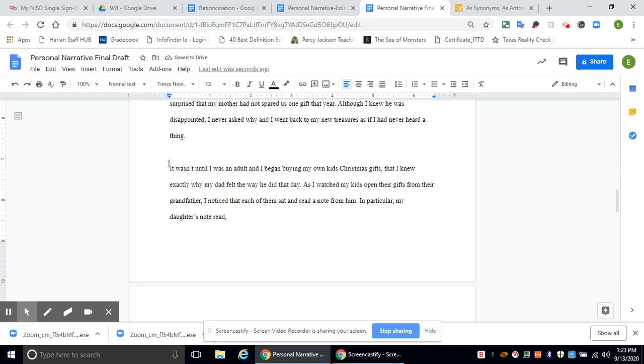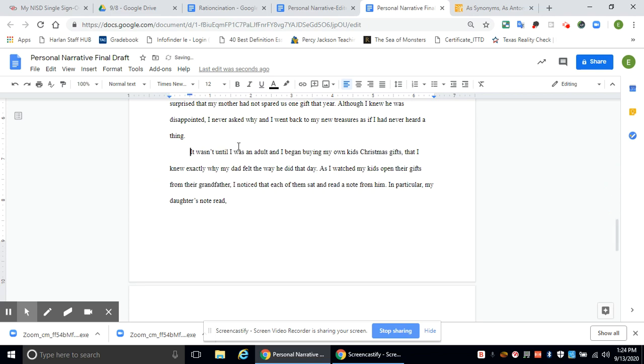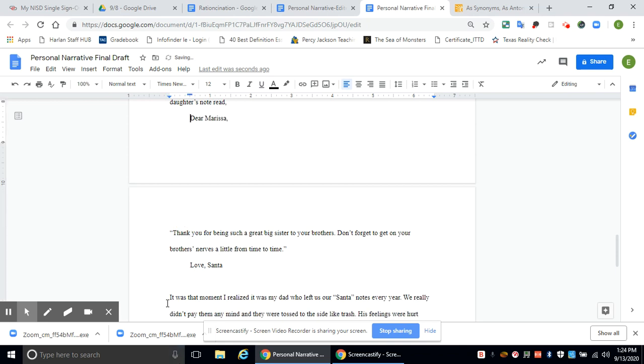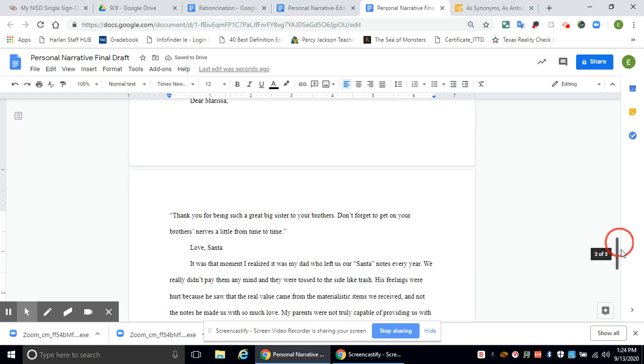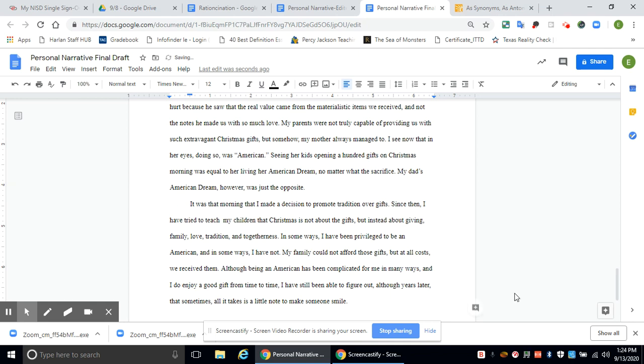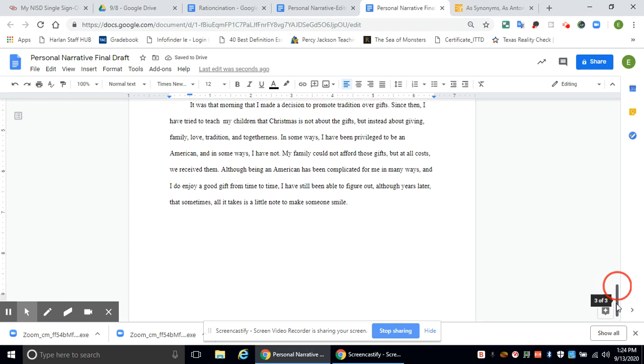You will do this for your whole essay. Okay, hit tab. You don't wanna have these big spaces and gaps in between. You wanna make sure it's all cleaned up and nice, okay?